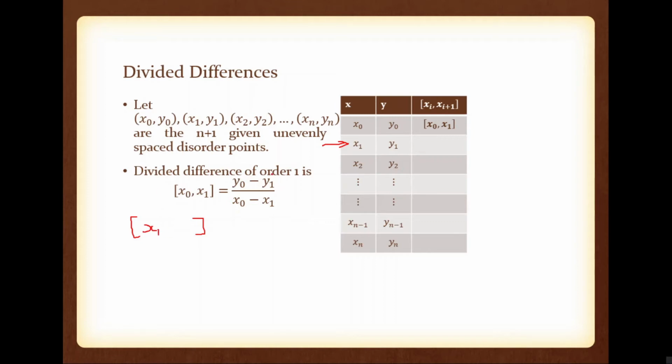If it is a first order divided difference, two adjacent elements are there. So if x1 is the first element, what is the next one? Yes, exactly, x2. The current element and the next element. So x1, comma x2. The divided difference of order 1 at x1 is equal to, in square bracket, x1, comma x2. And what is the expression? Yes, correct. y2 minus y1 divided by x2 minus x1.